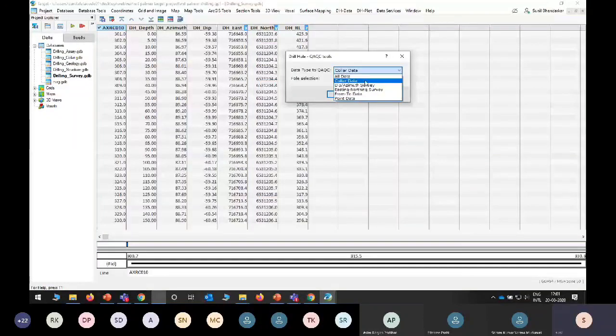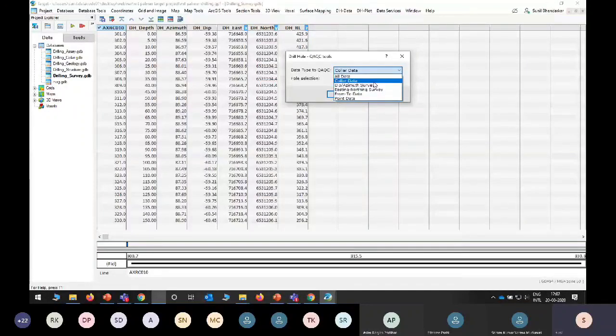Basically, QAQC helps us to verify or check whether the data we are importing is correct or not. Because if you are entering data in Excel or any database manually, there may be a chance of error. That small error we need to find out here, because otherwise, when you are writing some coordinates and you miss one digit or one point, that coordinate will change very drastically. So that kind of thing we need to find out.